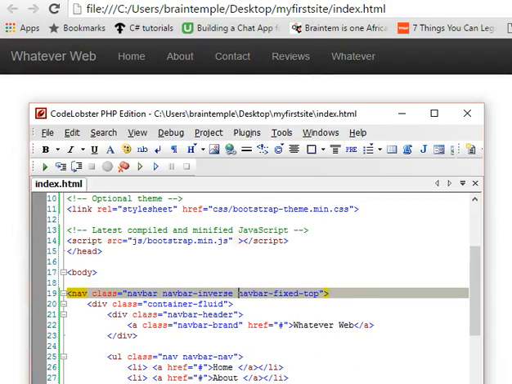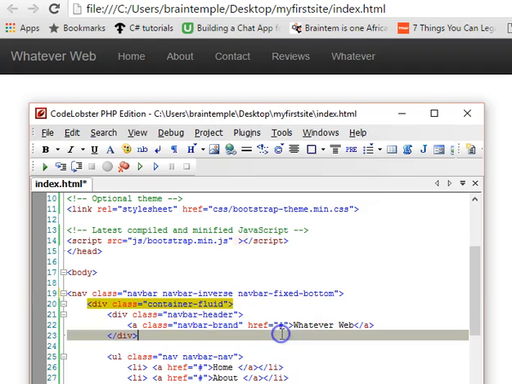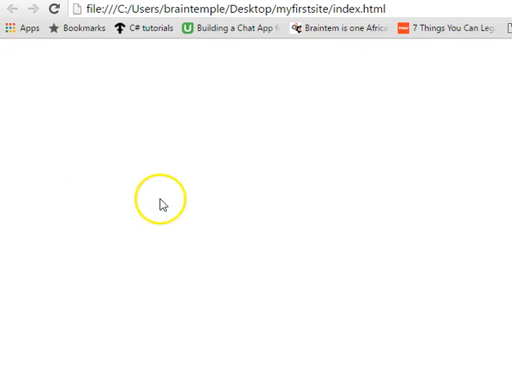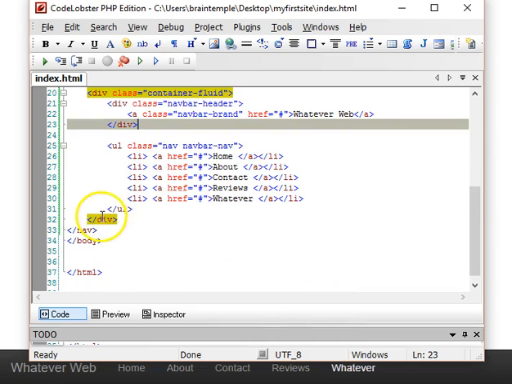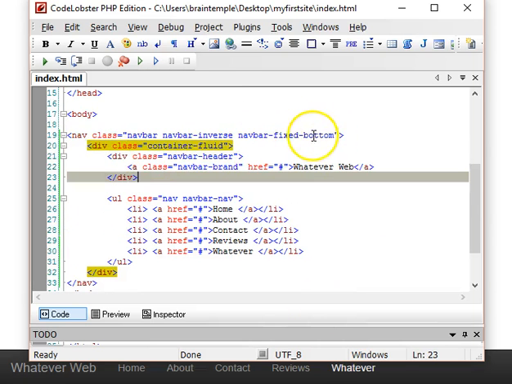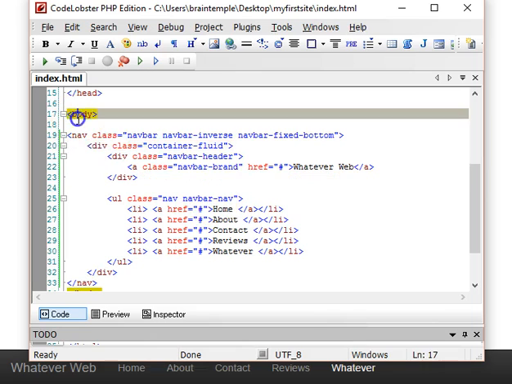But then if we wanted it to be at the bottom, instead of fixed top, we can say fixed bottom. Yeah, we started from the bottom. Okay, so what we have is a refresh, and as you can see, it has disappeared from the top. Guess where it went to? Bottom of the site, of course. So if you wanted to build a footer for your site, we'll have a nav bar the same way. We'll just build it and then we'll just put bottom, then it goes to the bottom, then the top goes